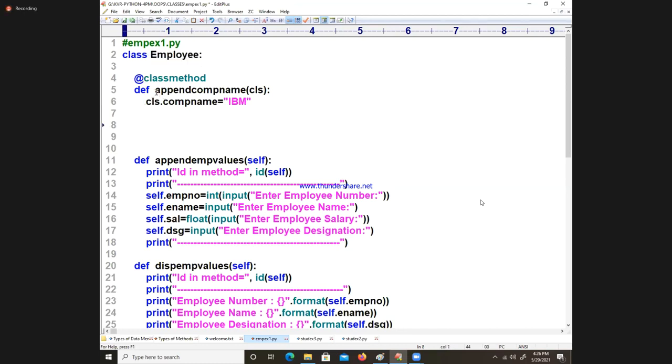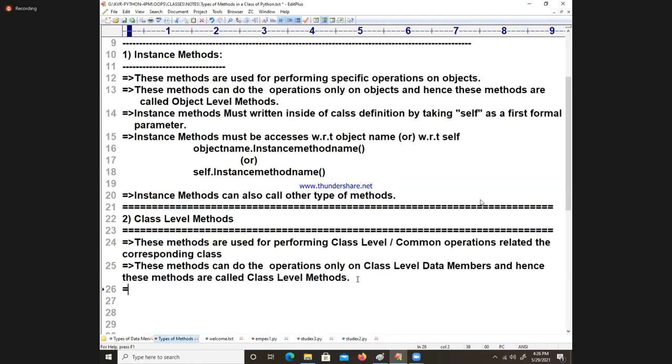I hope that you are understanding. So I am writing here the types of methods. And the class level method must take CLS as a first formal parameter. The class level method must take CLS as a first formal parameter,